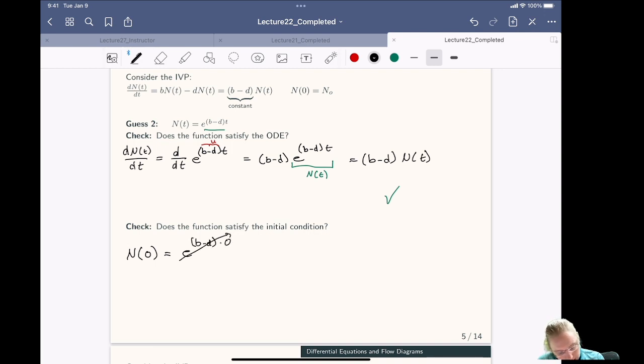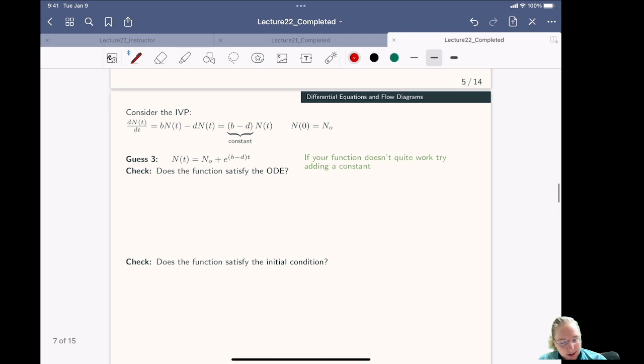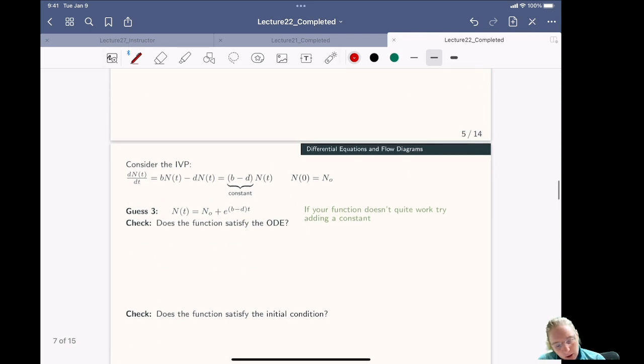Well, this whole quantity goes to 1. E to the 0th is 1. Anything to the 0th is 1. So this is equal to 1. Note that this does not satisfy our initial condition because it's not equal to n0. So that didn't work. All right, so if you have something that doesn't satisfy the initial condition, so we have